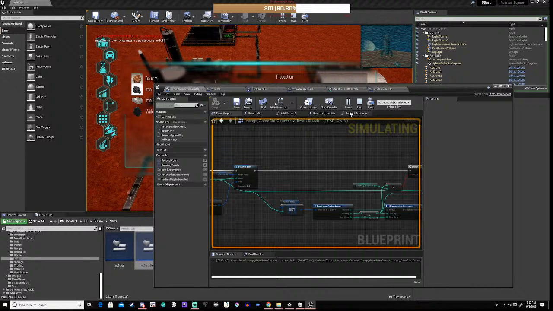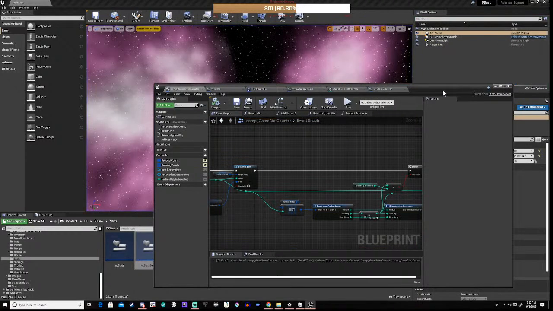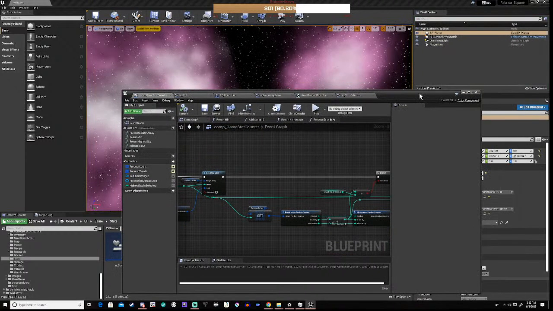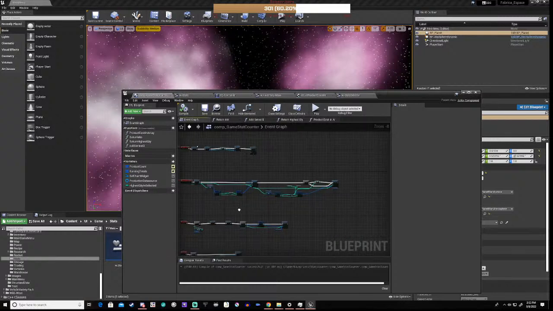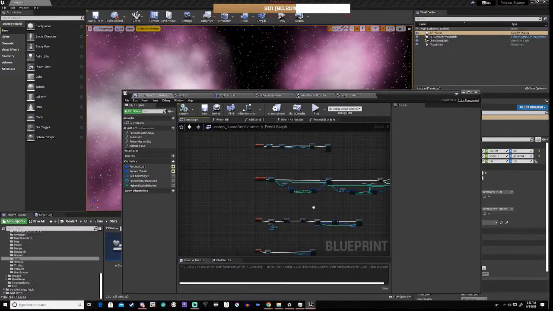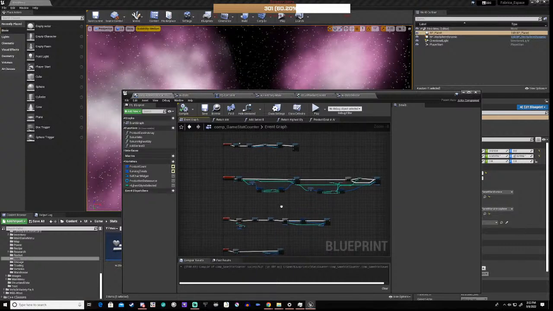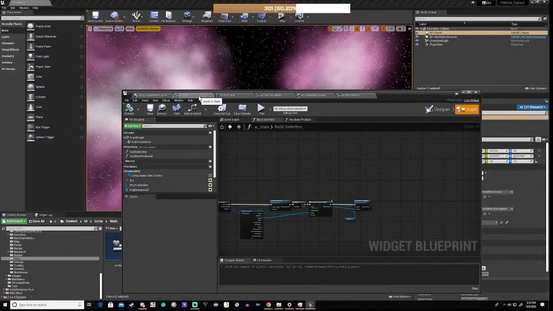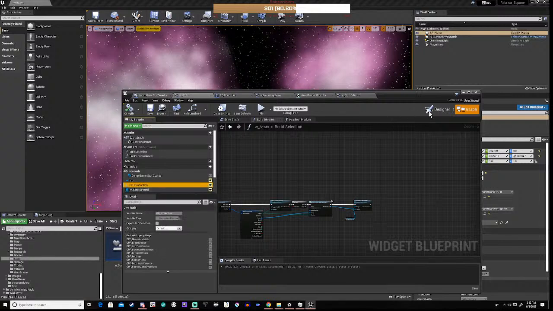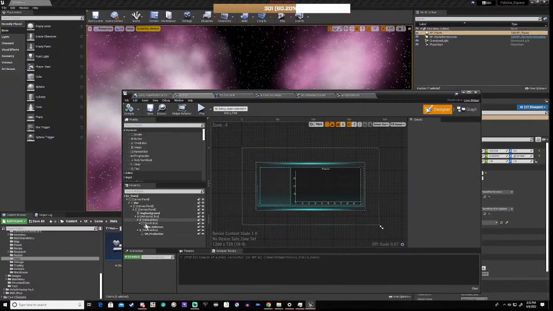But there is a way to find out which is which, or at least I'm hoping there is, because we're kind of stuffed if we're not. Right, so we have to go to designer, and I'm pretty sure